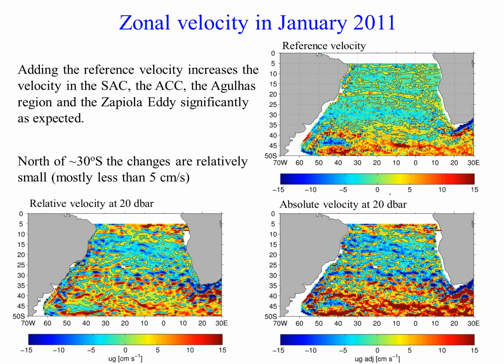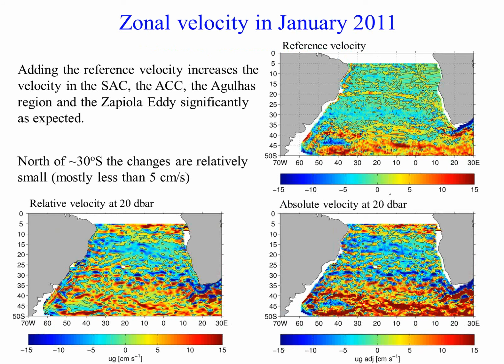Then on the top right is the reference velocity from the subsurface trajectories of the Argo floats and the Wolf floats. And then on the bottom right is the absolute velocity, the geostrophic plus the barotropic component from the subsurface velocity field. And the main difference we see is pretty large differences in the southern South Atlantic,